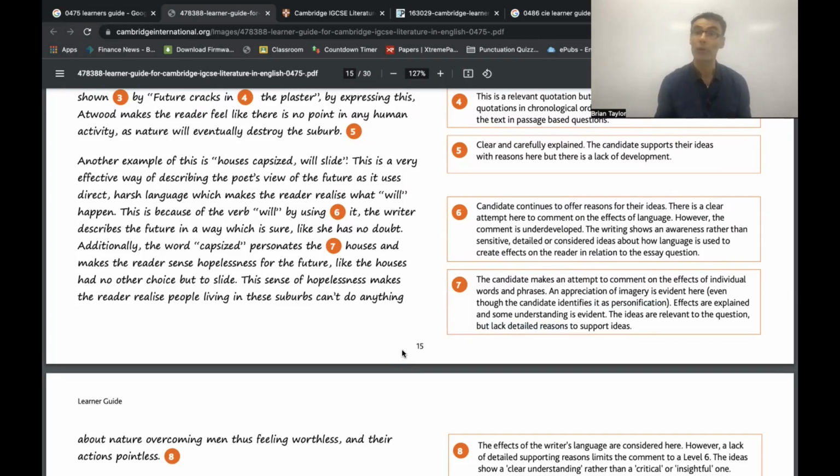So to improve on that, you could say something about the word capsized. Capsize is generally used when a ship keels over. It's a subversion of the order. So the student could have picked out "houses capsized." It's almost as though the order is subverted. Instead of having man-made environment or man-made culture, nature will reclaim it. And it's also, if you take it as sea imagery, like the flood myth, isn't it? That the waters will come back, nature will come back and reclaim what was originally its. So you could have added a little bit more detail like that.